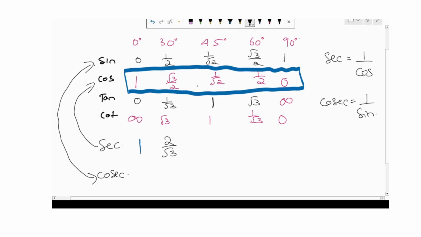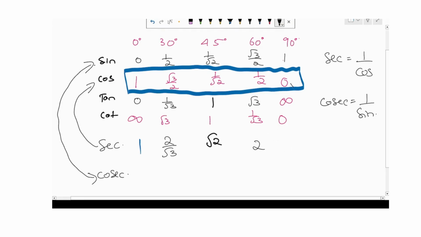Next, sec 45 degree. Sec 45 is nothing but reciprocal of cos 45. 1 by root 2 becomes root 2 by 1. Root 2 by 1. So in denominator, 1 doesn't matter. 1 doesn't have any value. Just erase it. Answer is root 2. Fine. Next, sec 60 degree. It is the reciprocal of cos 60, that is 2. 2 by 1 is nothing but 2. Fine. Now the main part is sec